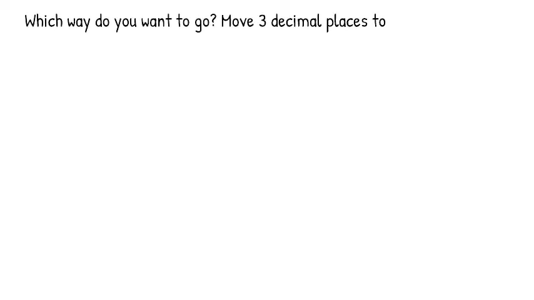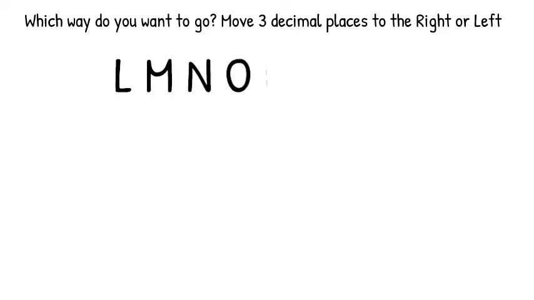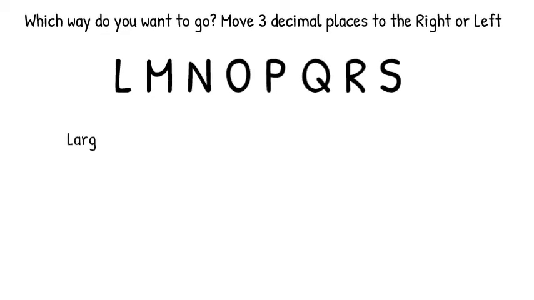I prefer taking a non-mathematical approach to conversion. I actually just move the decimal place 3 places to the left or 3 places to the right, depending on if I'm going from large to small or small to large. I actually write this down on my paper at the beginning of my test when they say start your test, and I just know that if I'm going from large to small, that I'm going to move that decimal place